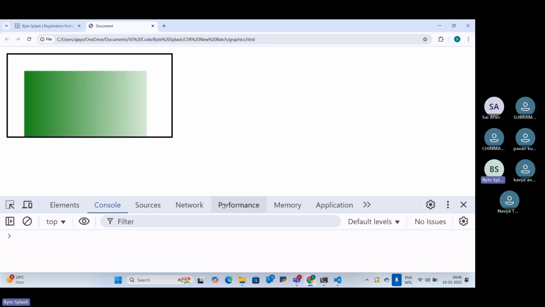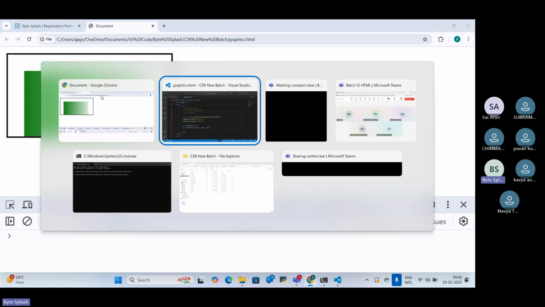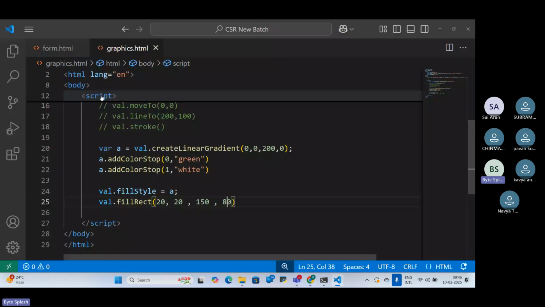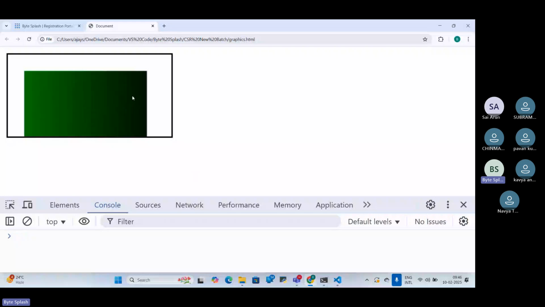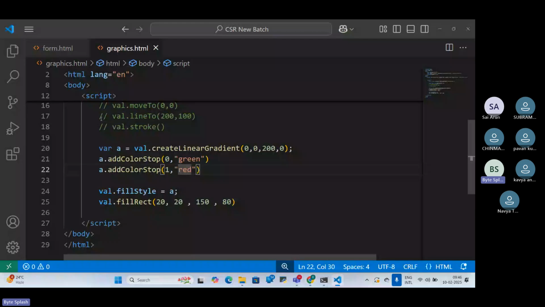So here what I am doing, I am drawing some rectangle shape with respect to green color. Okay, so black. Okay, so this is ending. Or else if I pass it like this, okay, so like this, it is just a combination. Okay, so now